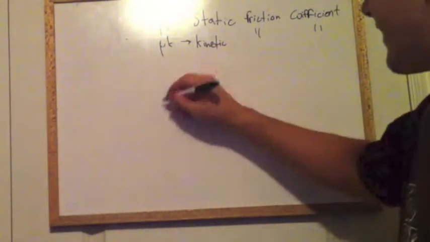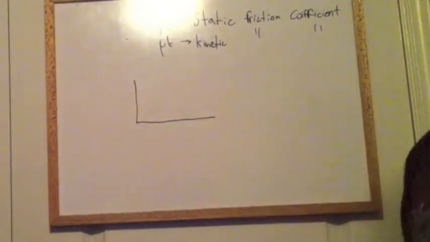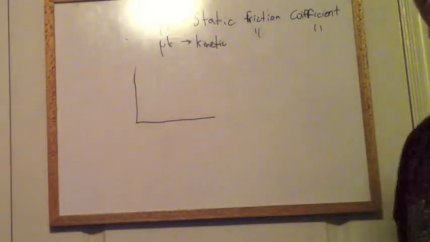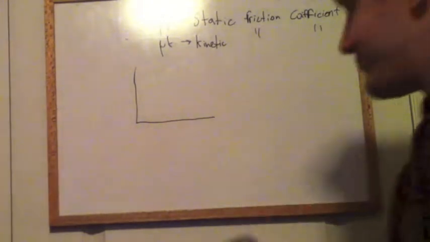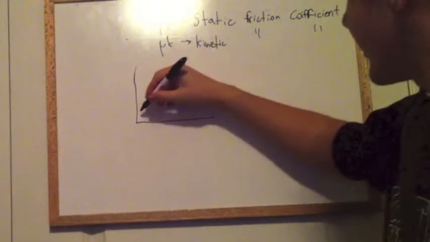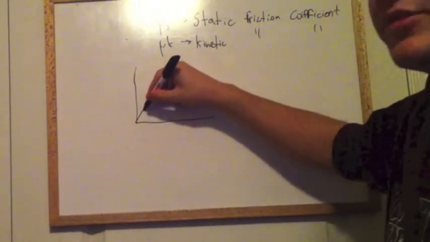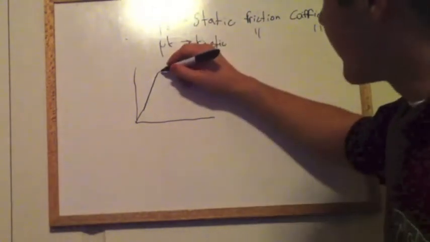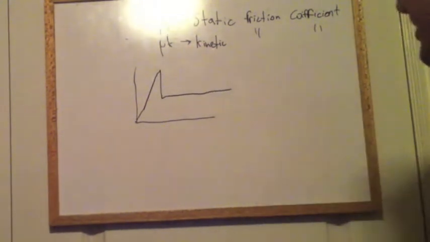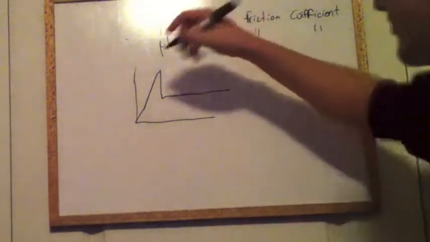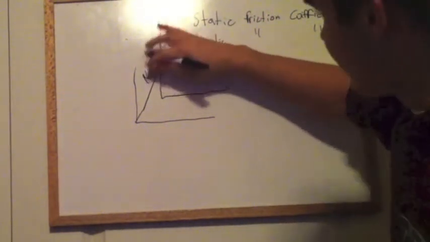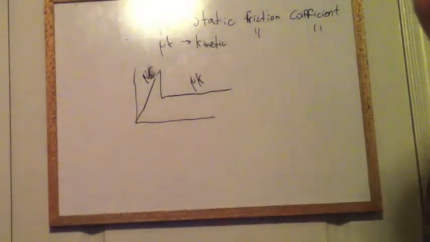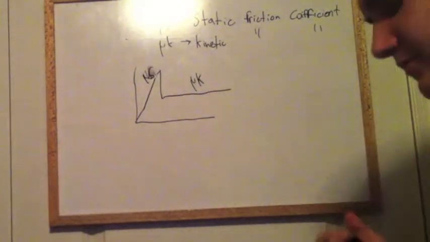If you remember, we had the graph in class that went like this. And also from labs, you may have seen, if the lab was done correctly, which we don't know because he hasn't given them back yet, the mu k will often go up here. Mu s, static friction, will often go up here until it reaches a certain point where it just drops, and then mu k begins. So mu s, mu k. The reason mu s is usually so much higher than mu k is because objects